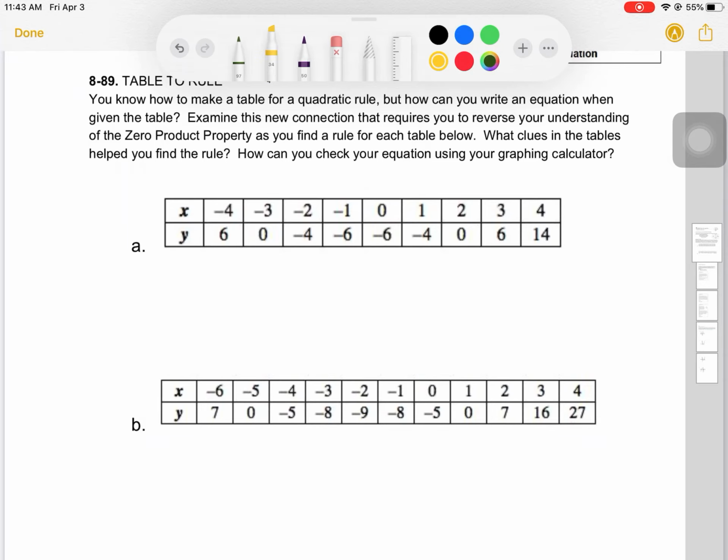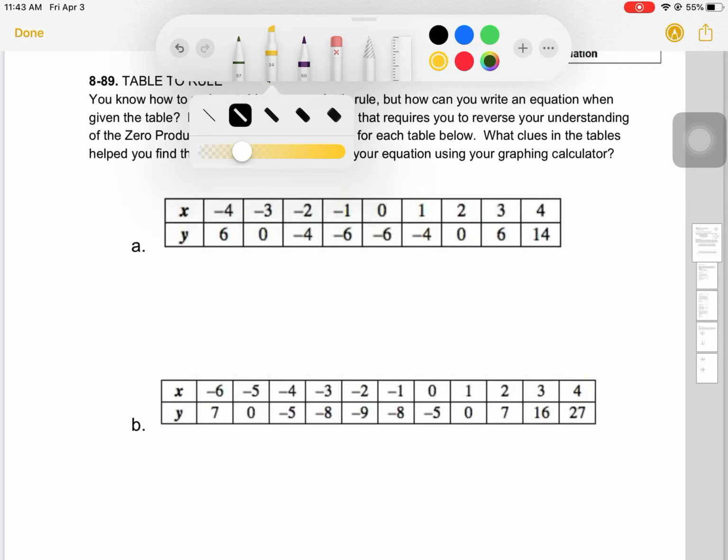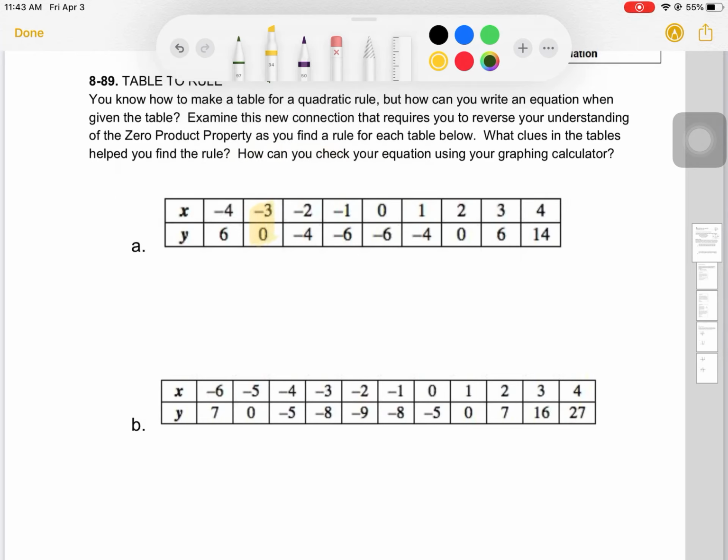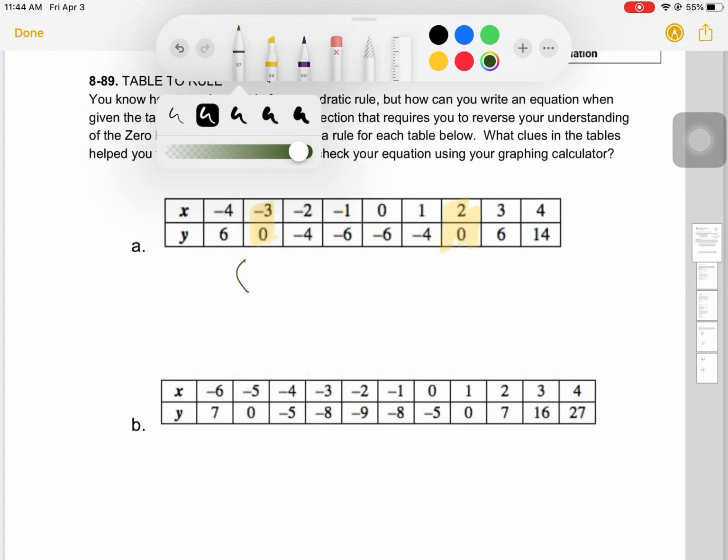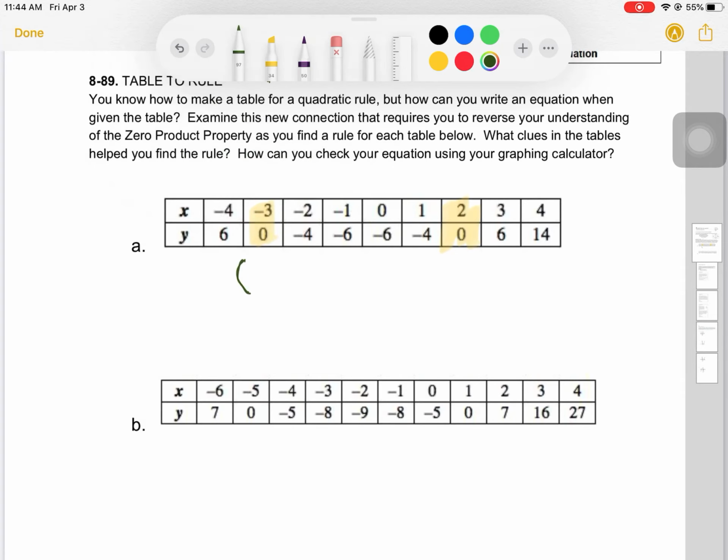The zero product property helps us come up with our x-intercepts. And if you look at the table, you've got your x-intercepts here. You've got an x-intercept right here at -3, an x-intercept here at 2. So going in reverse of the zero product property, that means we had two factors where -3 caused the one factor to be 0. So in that case,